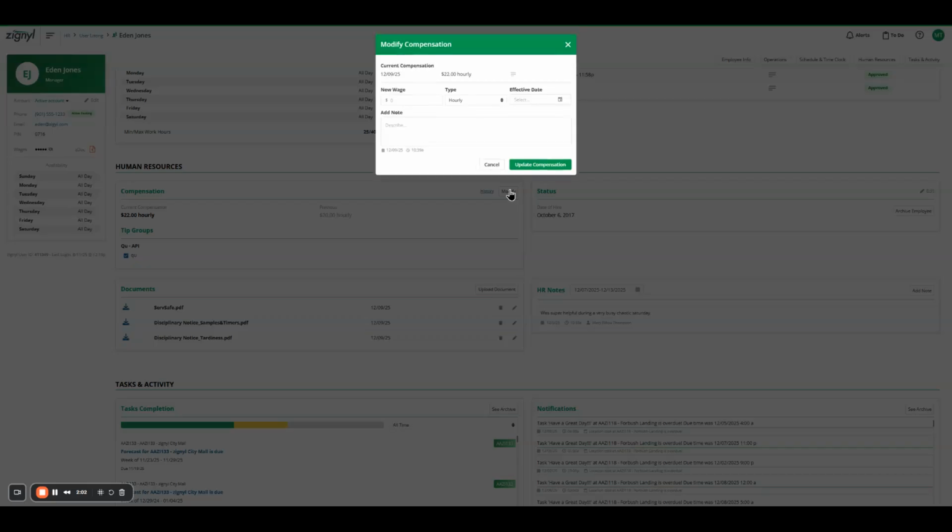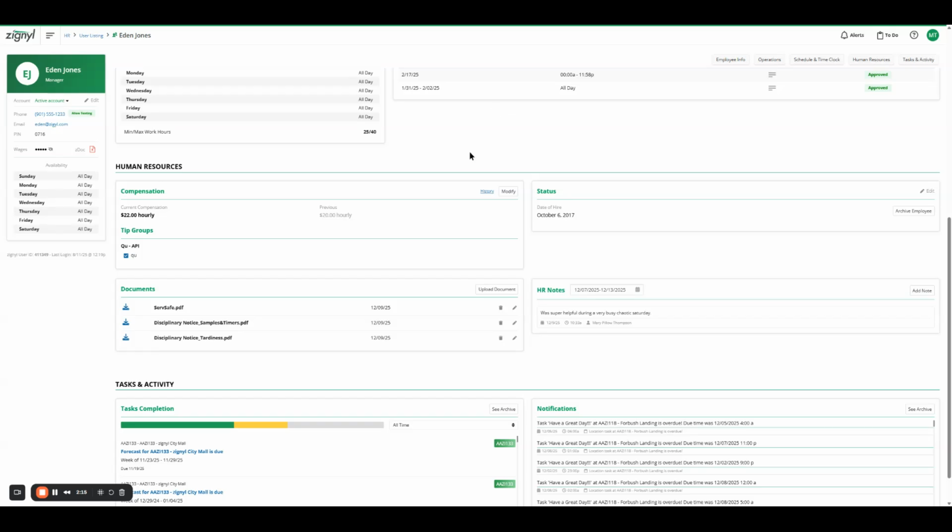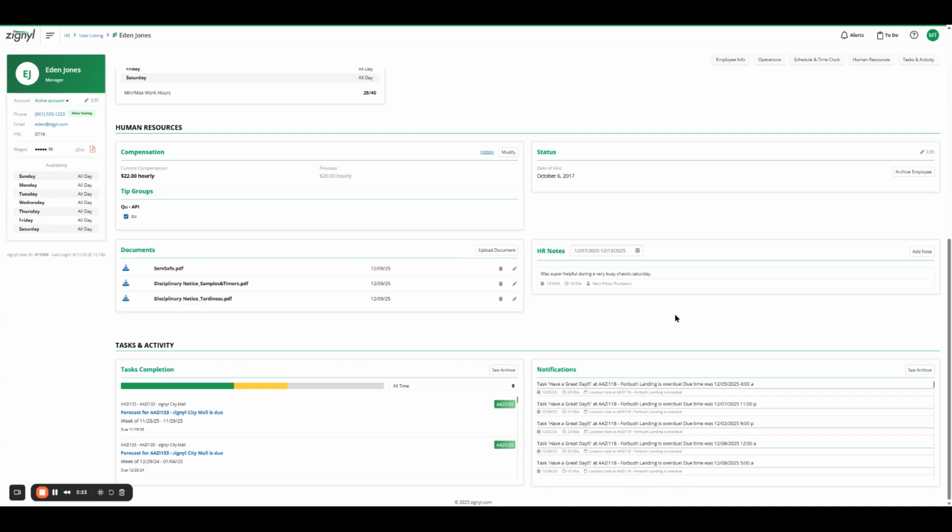Compensation. Click on modify and you can enter a new wage, make it either hourly or salary, the effective date, and add the note as to the reason for the change in compensation. This is also where you can add notes with regards to HR. Maybe they were complimented by a manager, or maybe there was a particular incident that needed to be documented here